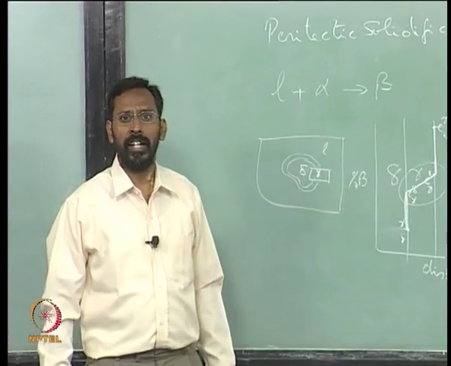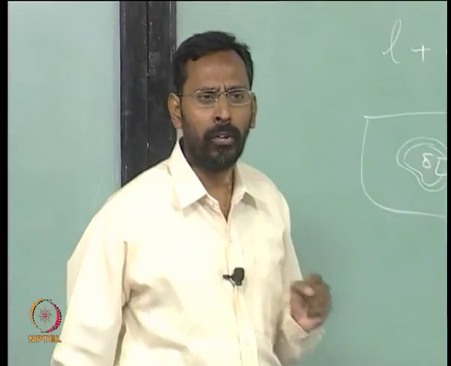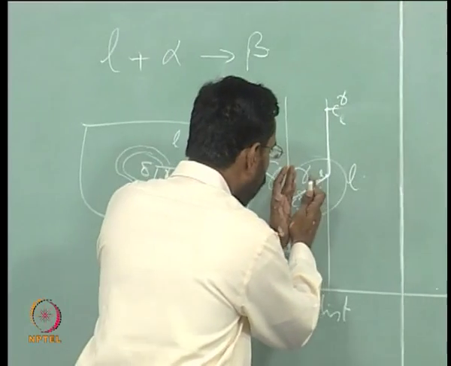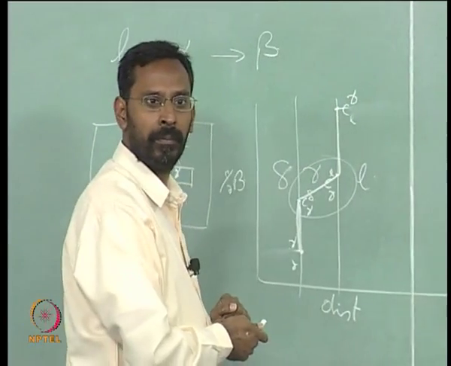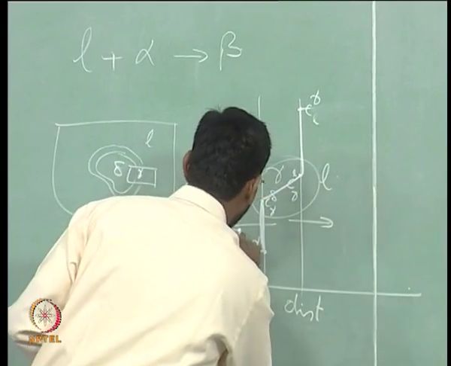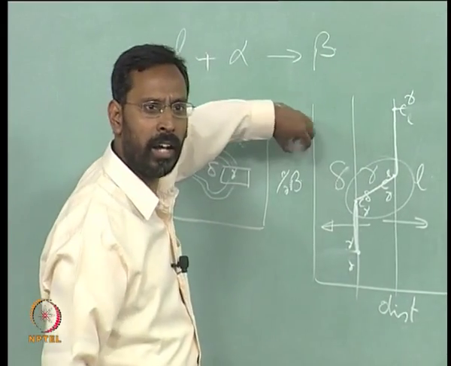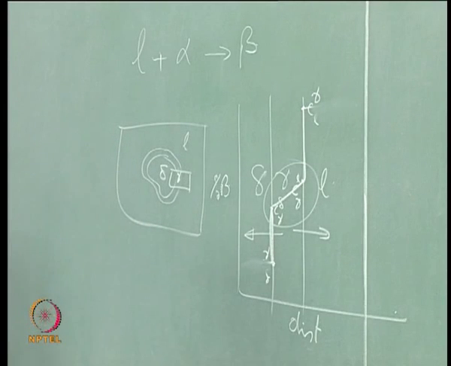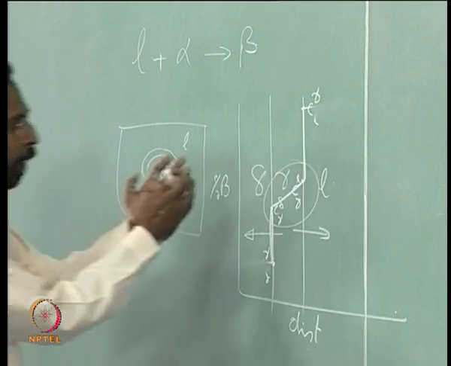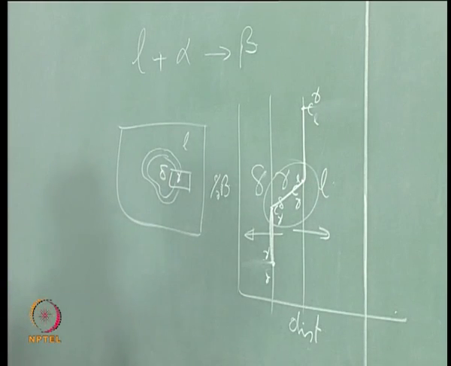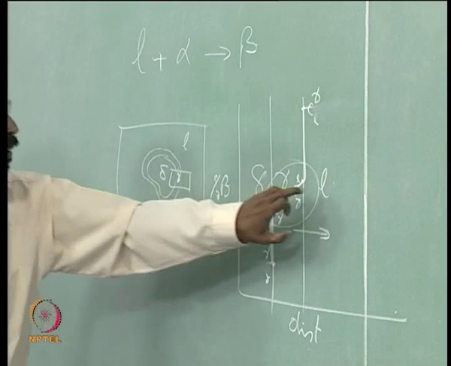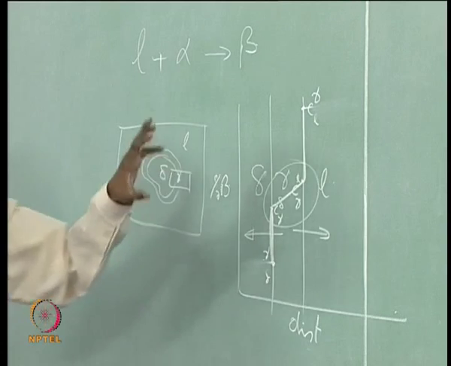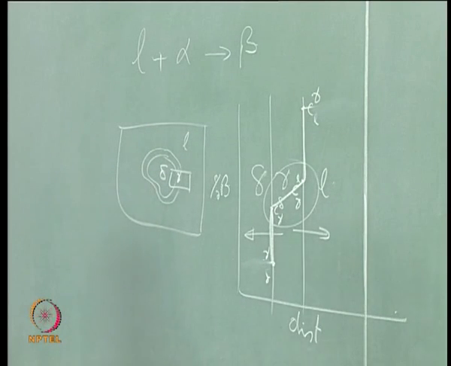We are saying that if the peritectic reaction has to happen, what should happen? If the peritectic reaction has to complete, then what should happen? This gamma should grow like this, in this direction and in this direction, such that it absorbs all the delta, and it also absorbs all the liquid. That is when we can say the peritectic reaction is complete. So, that means the gamma should grow in both the directions. And how does this grow? We are saying that there is no interface between liquid and delta left out. If there is no interface between liquid and delta, for the gamma to grow, the only way is by diffusion of atoms.